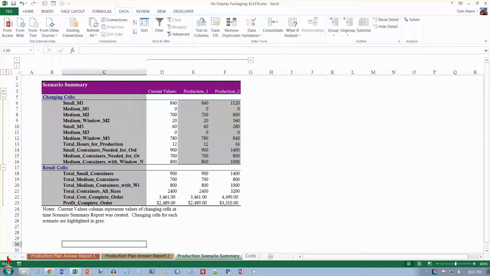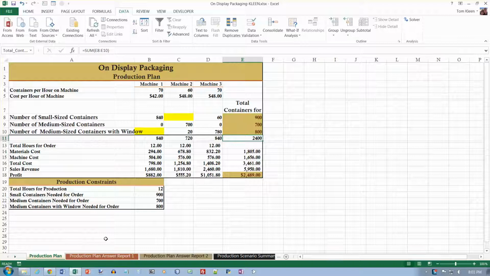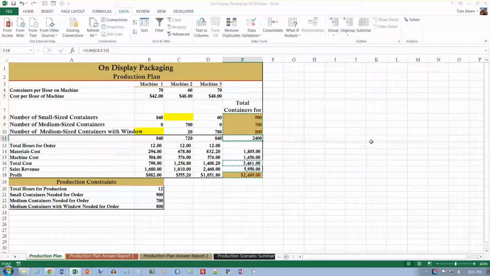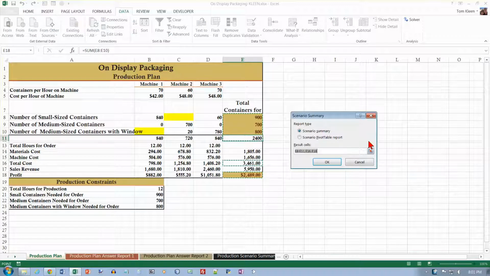And we've lost a sheet here. Let's do a little bit of scrolling and click on production plan and make it the active worksheet. Click the what if analysis button. And we want to choose Scenario Manager, and we want to click the Summary button here and click Scenario Pivot Table Report,